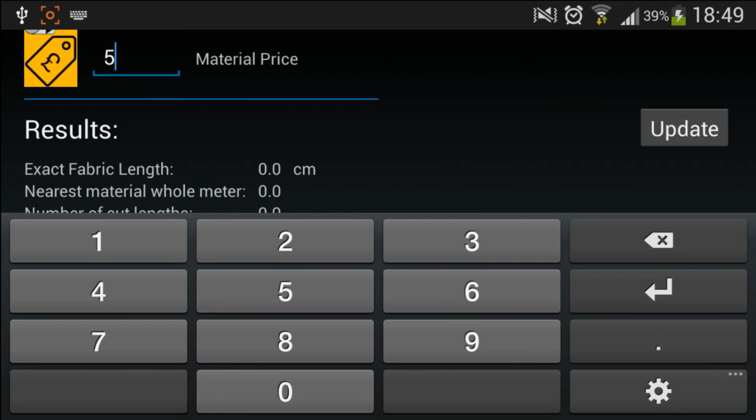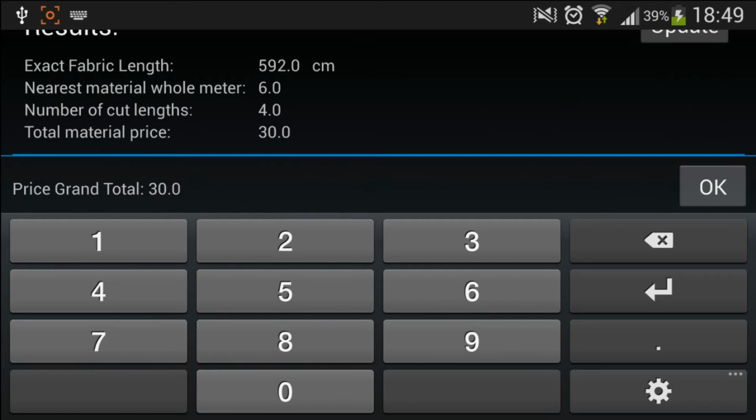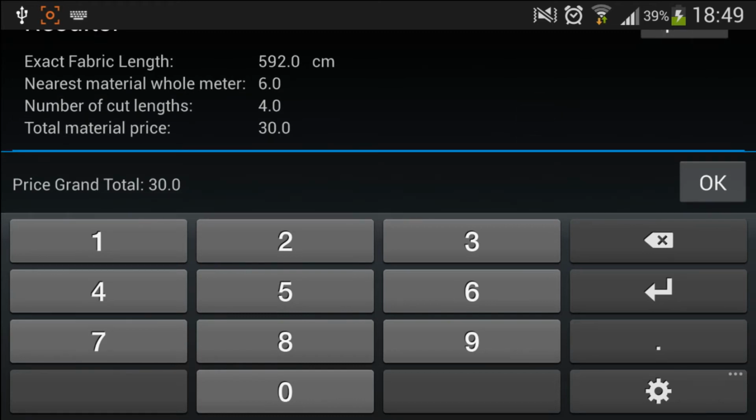And we escape from keyboard or just press update. And now we can see the results: exact fabric length, nearest material whole meter, number of cuts, total material price is 30 pounds.